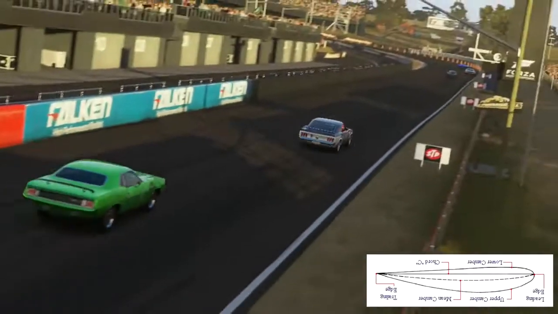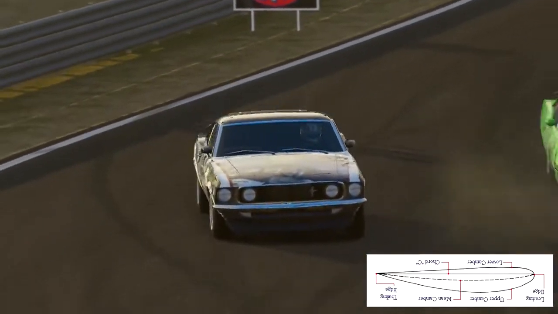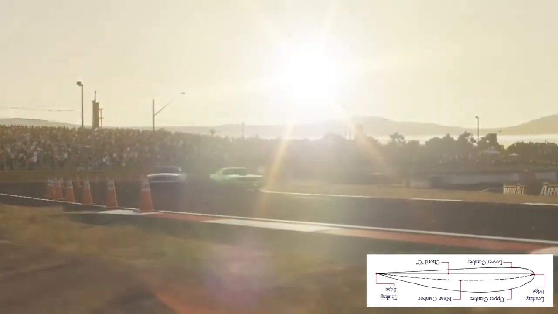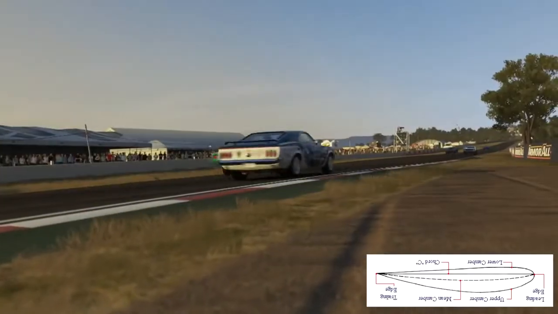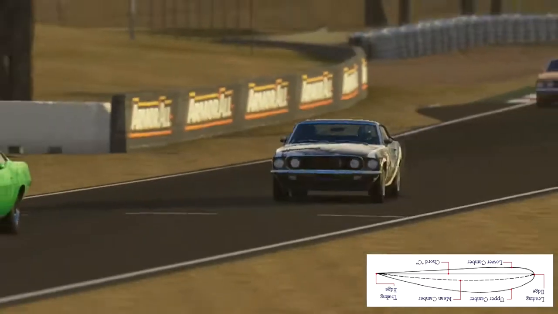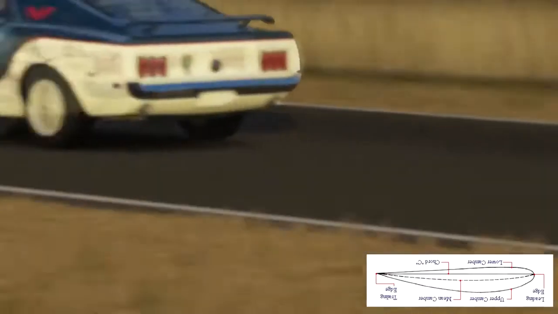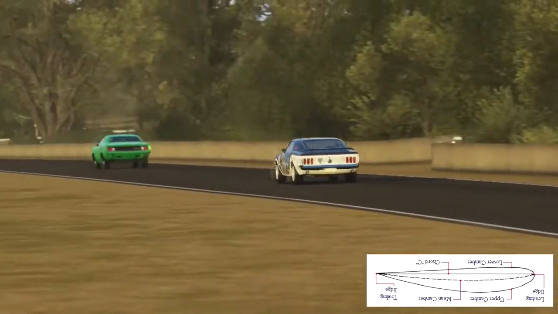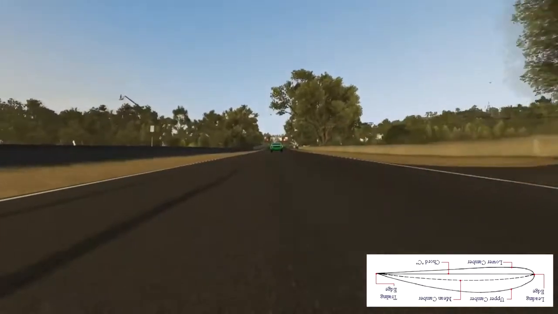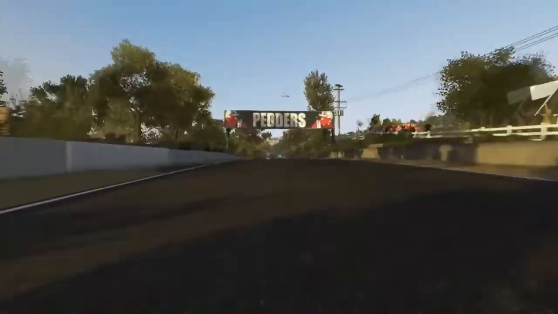Formula 1 cars have spoilers on the front and the rear of the car to provide downforce. Remember that as the car moves faster through the air, the force generated by the airfoil increases. This downforce helps increase the handling of the car by helping the tires grip the racing surface. Because of this, if a Formula 1 driver takes a turn too slowly, the car won't have enough grip to make the turn. Now there are several other aspects to aerodynamics, but I just wanted to cover the basics in